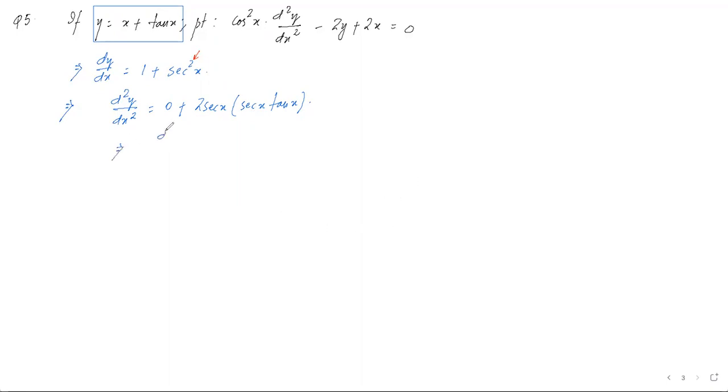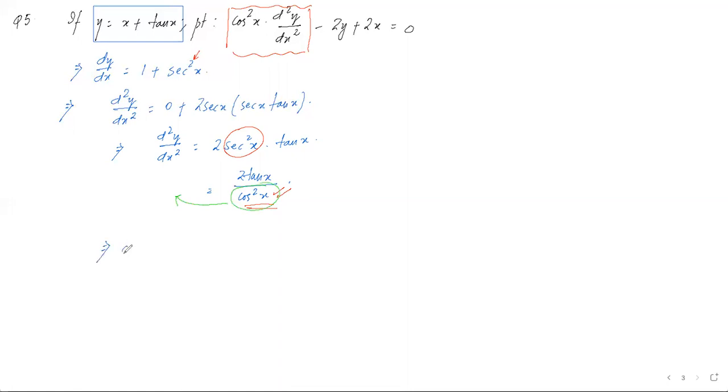So let us simplify this function a little. On the left hand side we have d2y by dx square. On the right hand side I get to see it is 2 sec square x into tan x. This sec square x, can we make it like this, 2 tan x by cos square x? As we know, if we take the reciprocal of sec square, it comes in the denominator as cos square x. The purpose of doing this is that in the proof you can see we need a term cos square x into d2y by dx square. Now what we can do, we can shift this denominator to the left hand side. It becomes what? Cos square x into d2y by dx square.